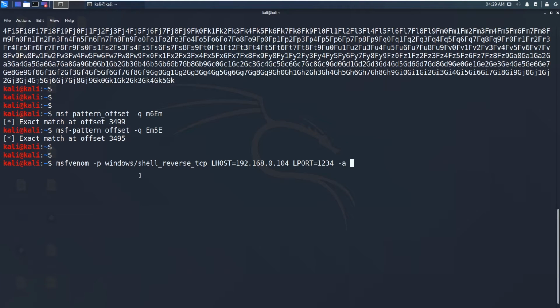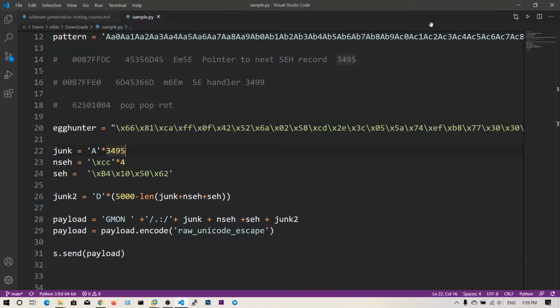I just put the normal bad characters, 00 0A 0D. You can also find the bad characters, but it just takes much time. That's it. So now my shellcode is being generated.